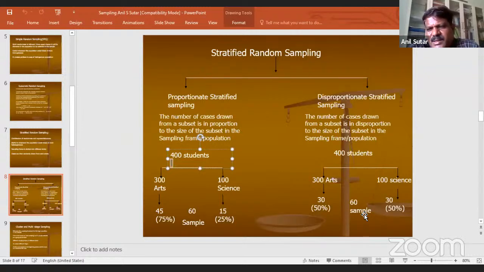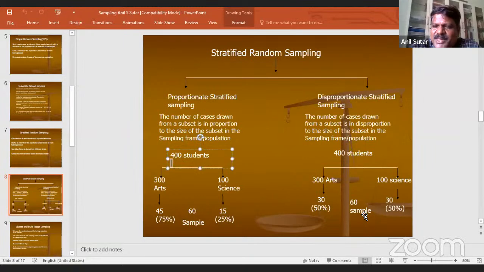Now, if she goes by proportionate, then the medical social workers will be very marginal. You are getting my point. Where is 500? These medical social workers would be sidelined, their voices and issues would not be captured as in the larger groups. So she had this problem. She was interested in going for proportionate because she was under the impression that proportionate stratified sampling is more scientific and non-proportionate is not.